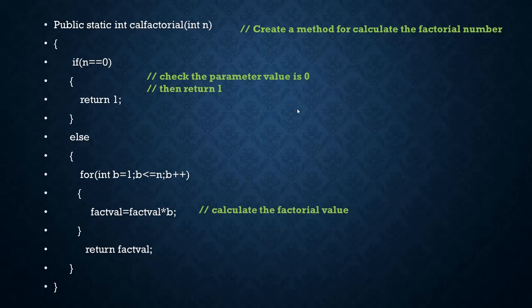You can see it starts from 1 and runs while the counter is less than or equal to the parameter value, and factorial equals factorial multiplied by the value. Finally, I return the factorial value. Yes, the program works perfectly, but